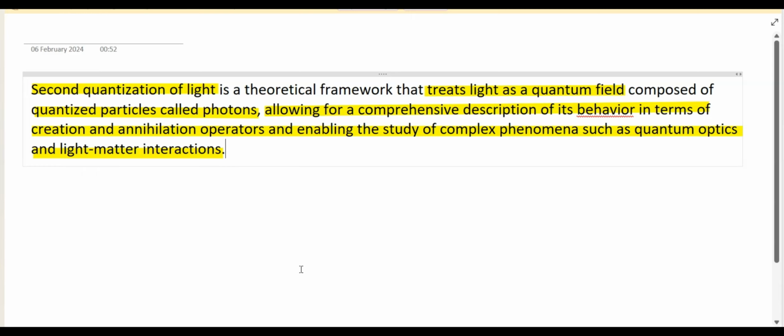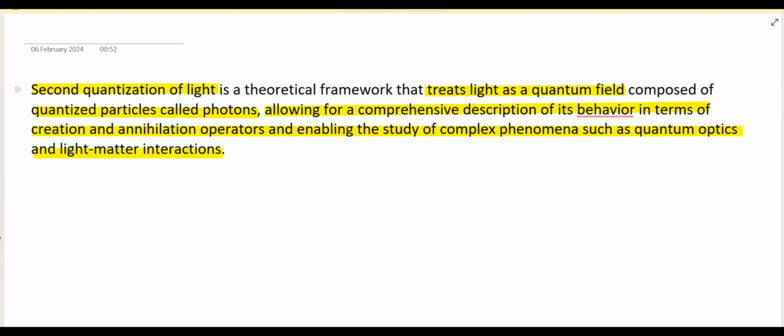Studied basic quantum mechanics, you may have studied about light matter interactions. In those light matter interactions, we always considered light to be semi classical. However,